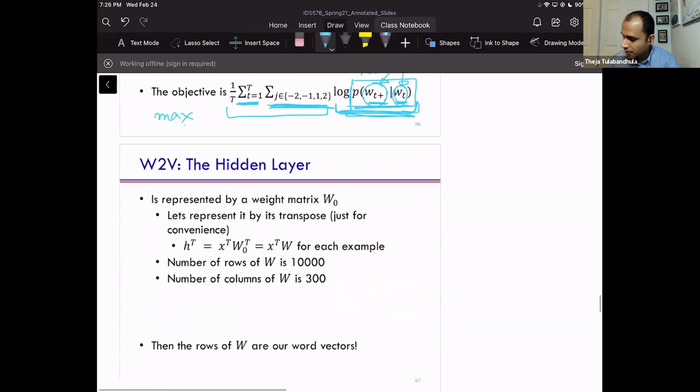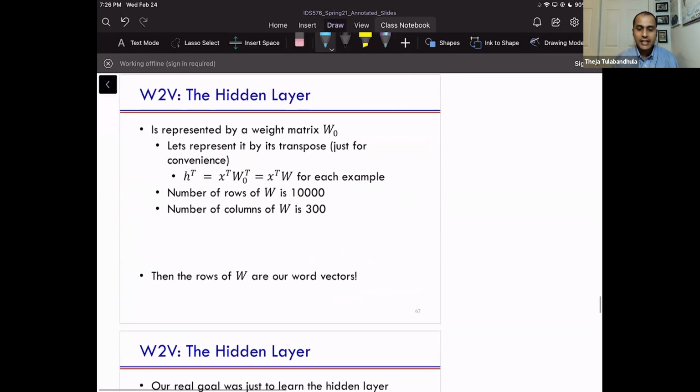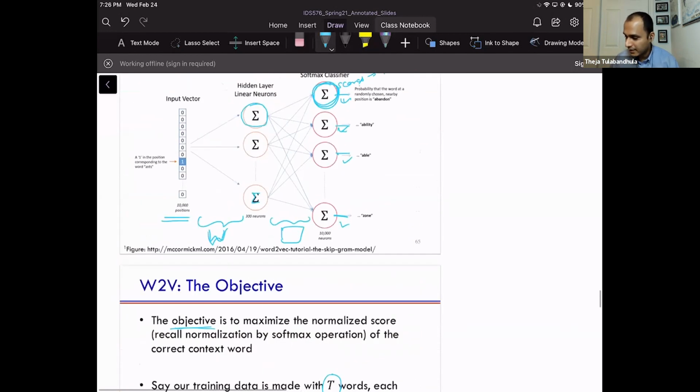Okay. So next, what I want to do is interpret. We have this neural network. We can do this maximization, and we'll get a bunch of weights, right? A bunch of weights, as in this guy and this guy. What we're going to spend the next couple of minutes on is interpreting that.